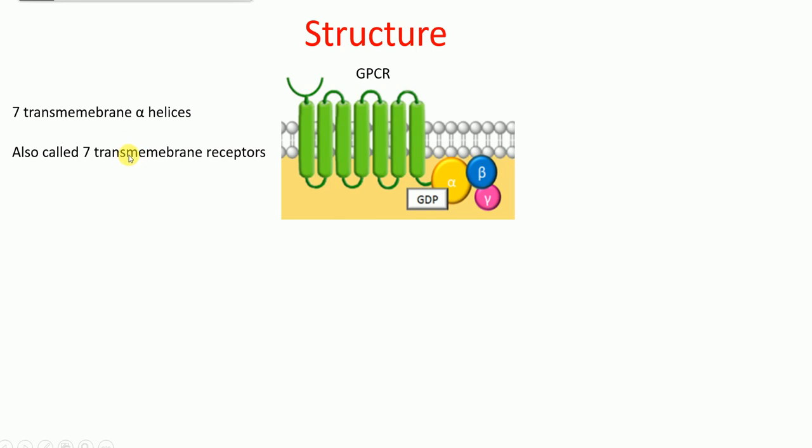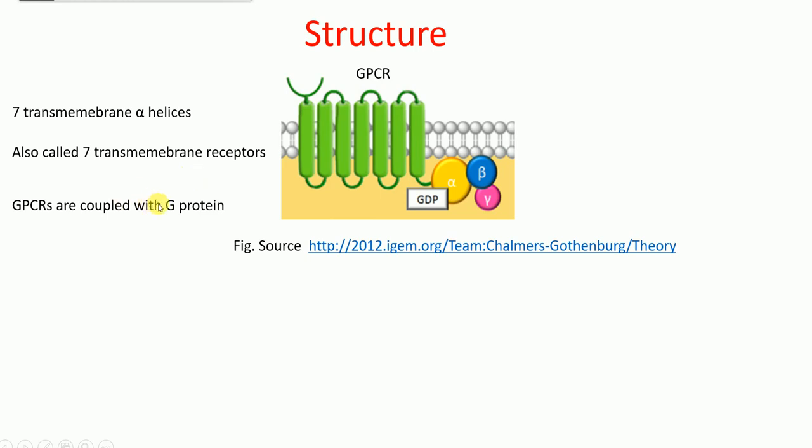Okay, G protein coupled receptors are also called 7 transmembrane receptors. As the name implies, G protein coupled receptors are associated with G protein. This part is the G protein coupled receptor, and this structure here is the G protein. These 7 alpha helices, that is the GPCR, are associated with the G protein, and this G protein is